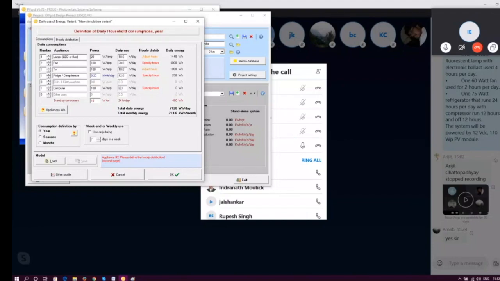So we have taken everything. This is our consumption. You can take it as seasonal consumption. Even if you want, you can see below there is an option called weekend or weekly use. If you want to divide it into 2 different weeks, you can. Like from Monday to Friday we have separate consumption, and on the other days we have separate consumption, right?